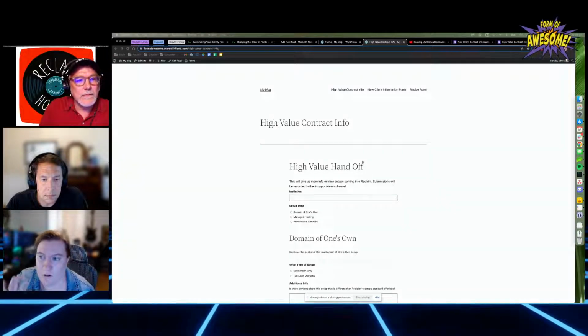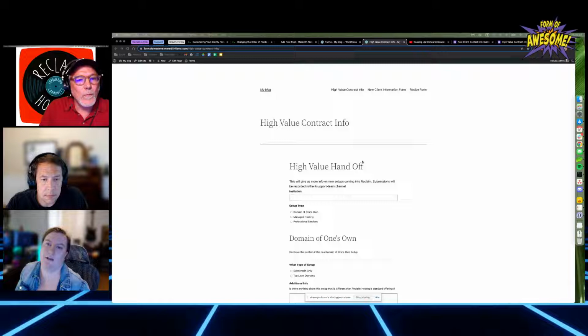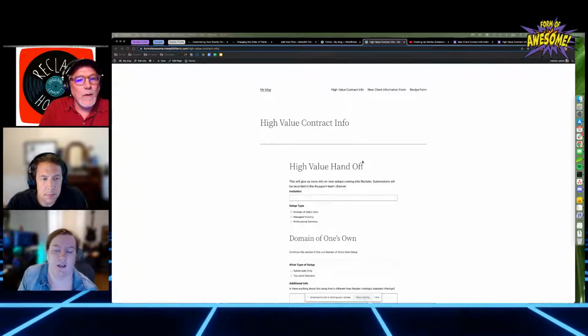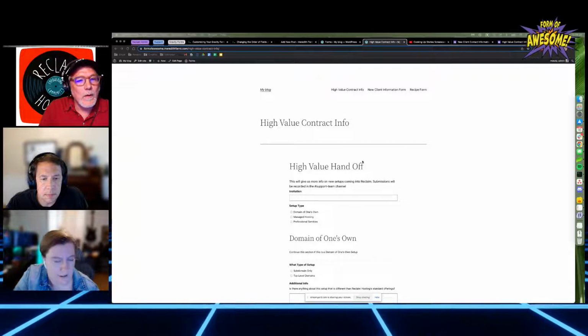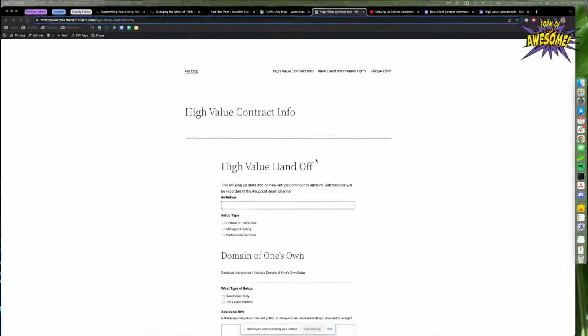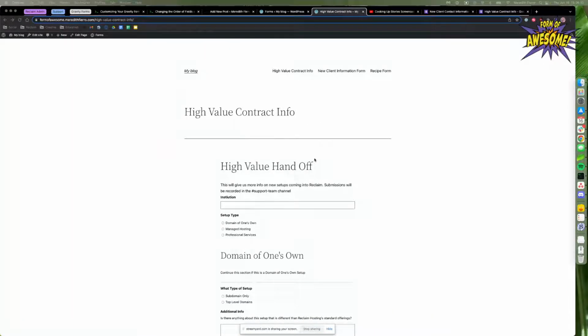So I actually ended up doing 3 forms, or just copy and paste into the site itself. And then I want to work on doing more conditional logic and then pulling in the Slack integration and everything like that for 2 internal Reclaim Hosting ones, which is this high value contract info